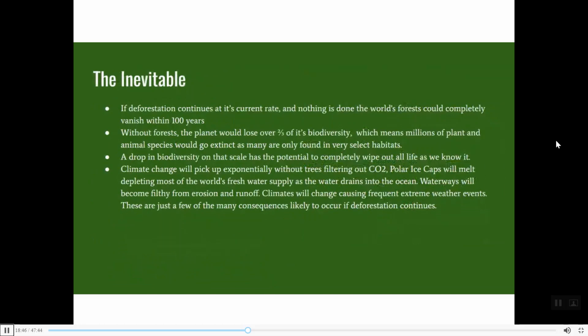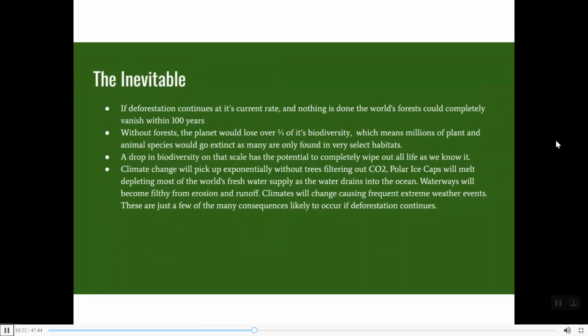This is the inevitable if we don't change. If deforestation continues at its current rate and nothing is done, the world's forests will disappear within 100 years. This is a fact. Without forests, the planet would lose over 2/3 of its biodiversity, which means millions of plant and animal species would go extinct,